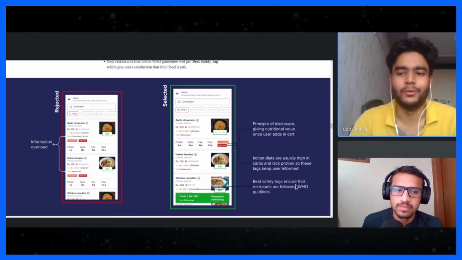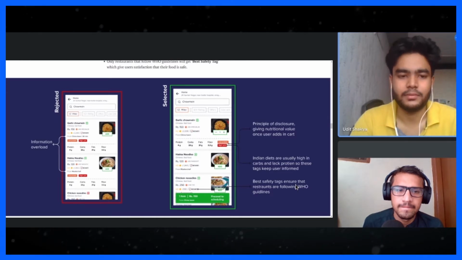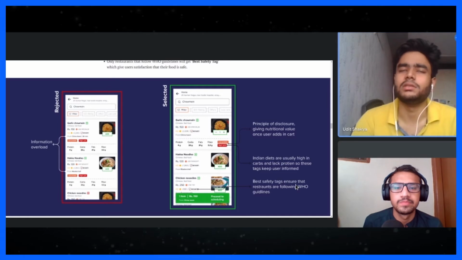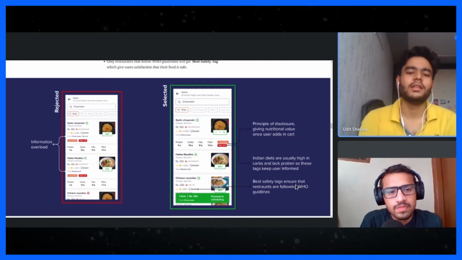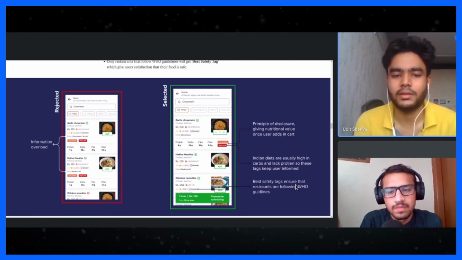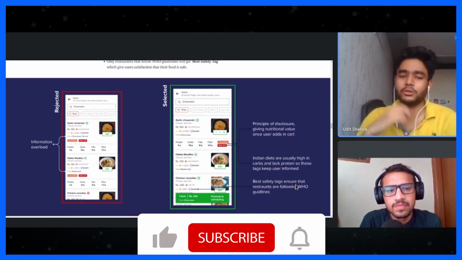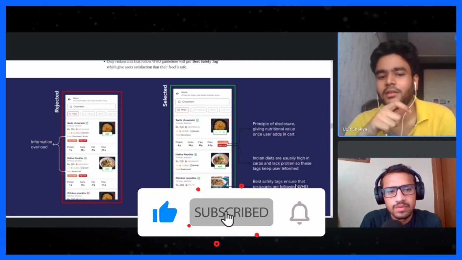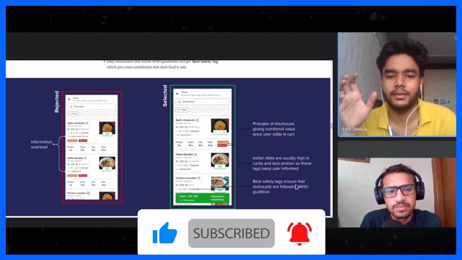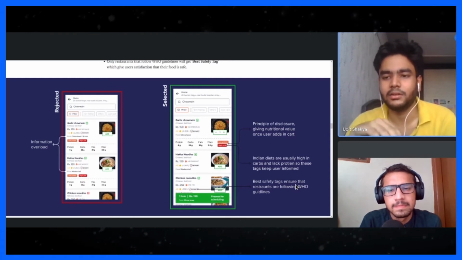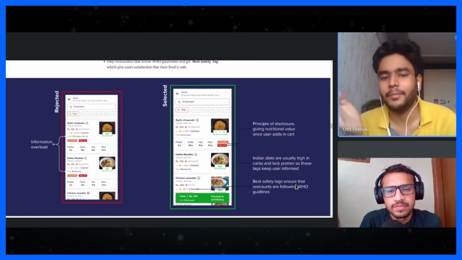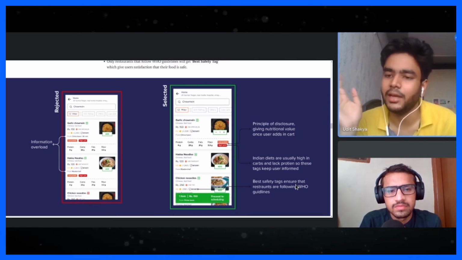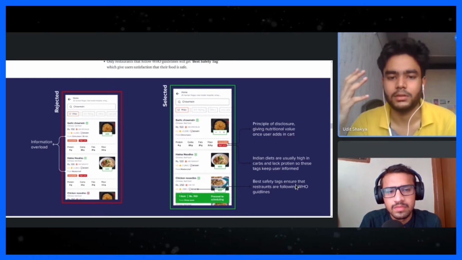Of course I couldn't make the food healthy because that depends on how the restaurant makes the food. So I did some research. If you have been to a gym or a nutritionist, they tell you that there are four macronutrients in your food: protein, carbs, fats, and fibers. If you want to track your diet and eat healthy, you have to maintain these levels in your diet. So I said, okay, if I cannot make the food healthy, let me help users make a better choice by showing them what they are having. This is how I thought about it.